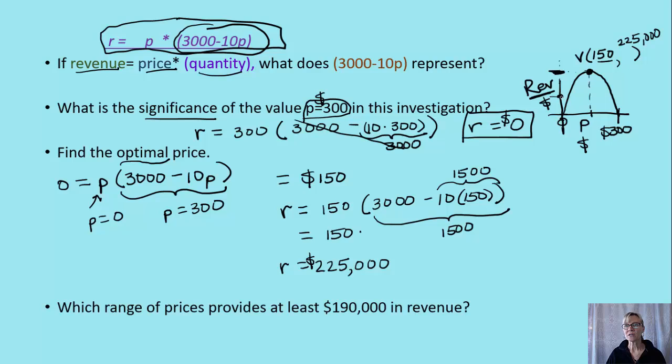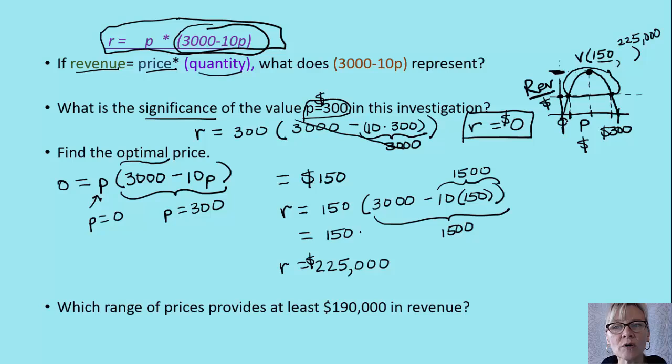And if you imagine drawing a line across it at R equals 190,000 and seeing where it intercepts, these are the two minimum values. If you find the coordinates there, the price is the P coordinate at those 2 points, and everything between there is going to represent this part of the graph where all the revenue is at least